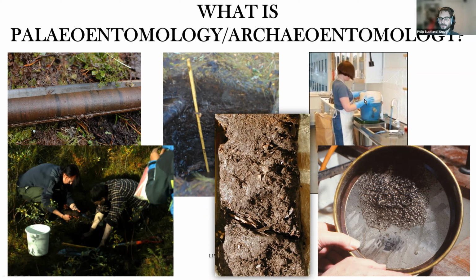We float that, so we wash out any fine mineral material. We use 300 micron sieves generally. That's standard practice for fossil insects, but if somebody wants to get out smaller seeds, then maybe a 250 micron will be used. And then if there is a lot of organic material, we will use paraffin flotation, or kerosene I think it's called in the US, because that bonds to the chitin and makes the insect remains preferentially float over the plant macrofossils. And finally, we end up with something looking like this grey goo in the sieve.